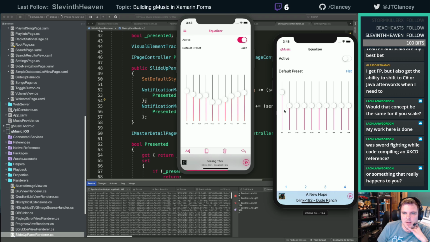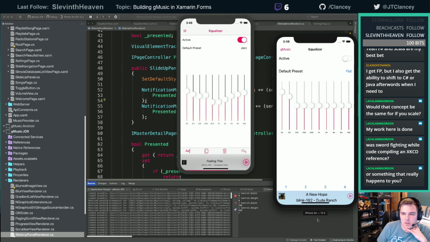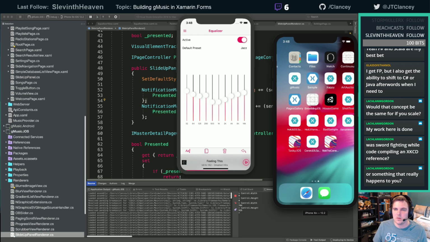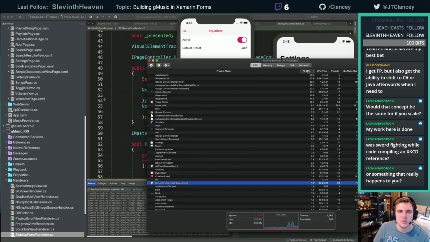I don't know why I'm having some delay, but they are clickable and slidable. And let's really quick, without stopping the app, swipe up, something like that. There we go. I don't know what is eating my CPU.